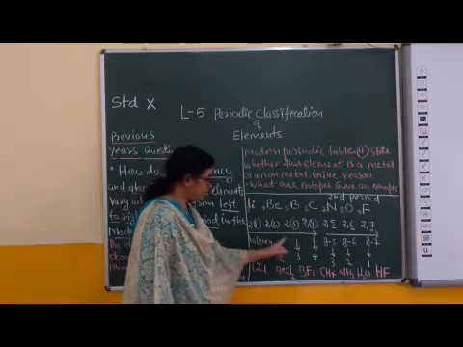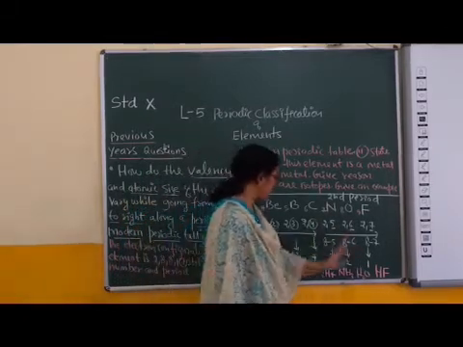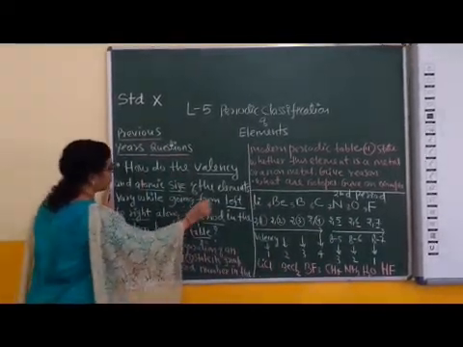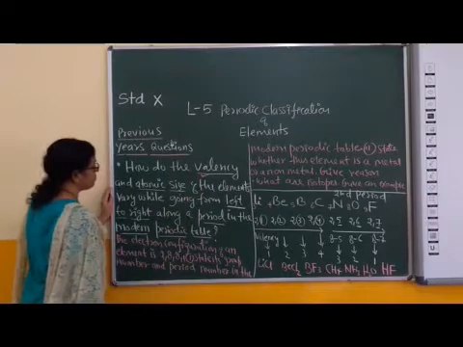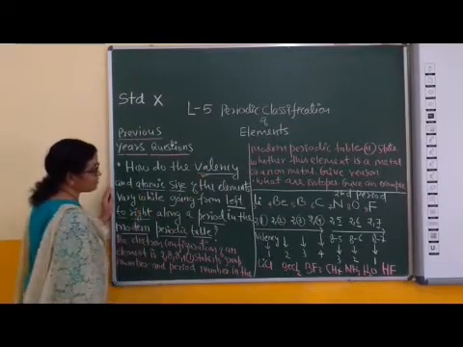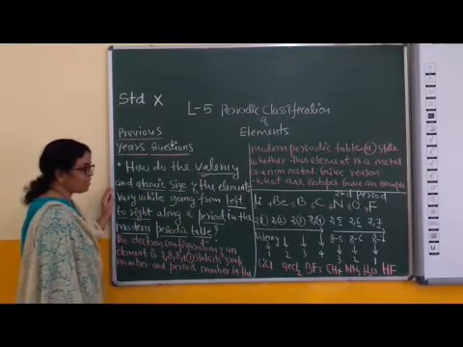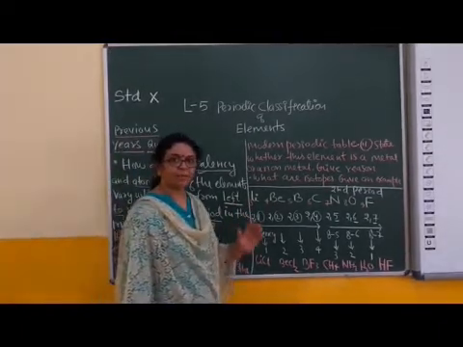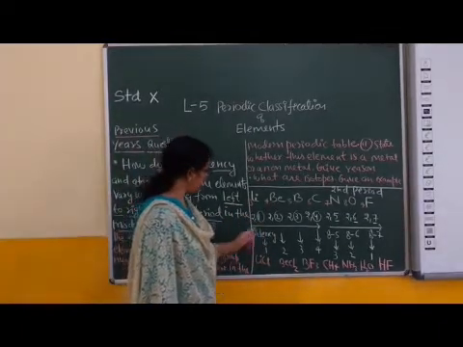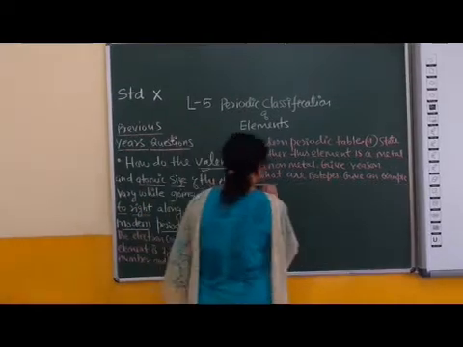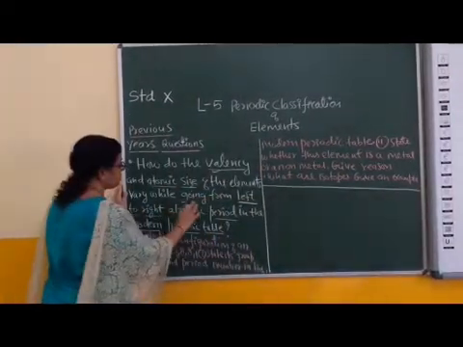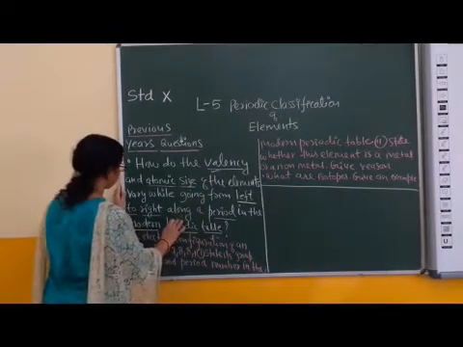First of all, valency increases, then decreases. Answer of this part, comparison of valency. And atomic size. Atomic size always increases down the group due to increase in number of shells, right? Comparison of atomic size, right? This one.